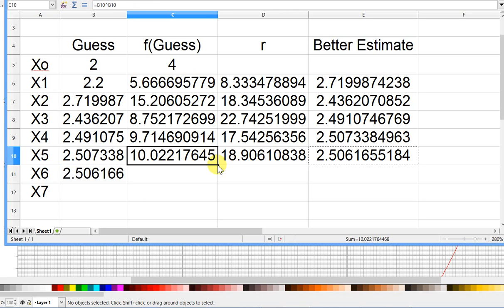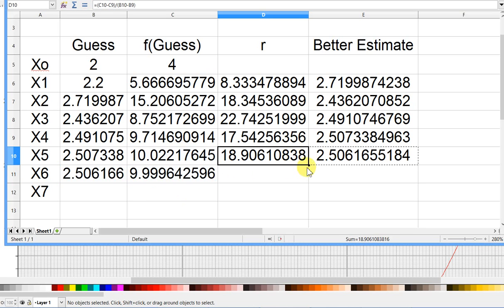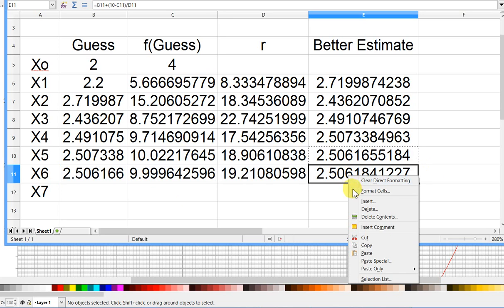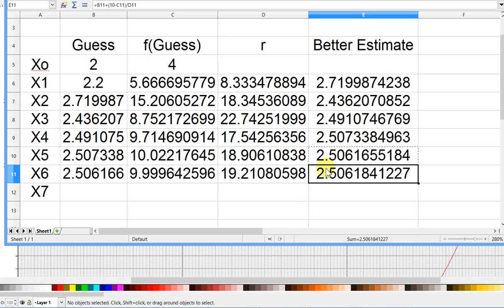All right, raise it to itself. Ooh, 9.999, getting very close there. Okay, so let's run it through one more iteration, and I think we're going to find that we're going to be getting an answer that's so close that we might just be happy with it, because we're sort of converging here. So let's see, copy,